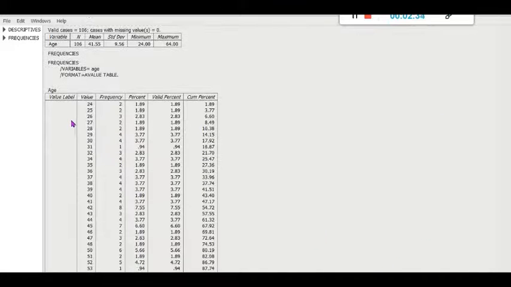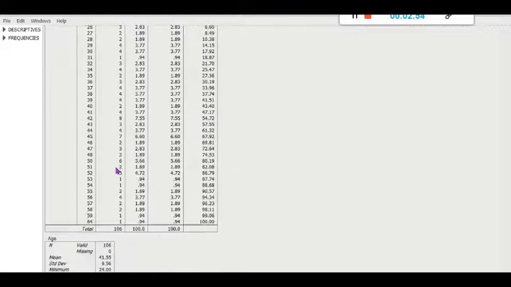So this next table is showing the frequency distribution of the values. That is, 24 and 25 are the values, and the frequency is 2. That means with the age 24, 2 persons are present in the data. With age 25, again 2 persons are present in the data, and so on.